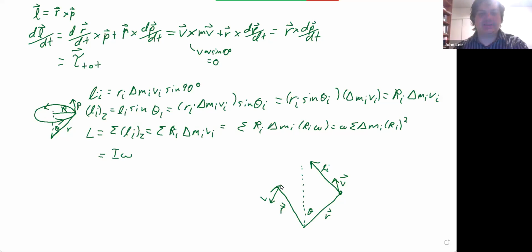So if you have them symmetric across the z-axis, then all of the angular momenta vectors perpendicular to the z-axis are going to cancel out, so that when you add them up,